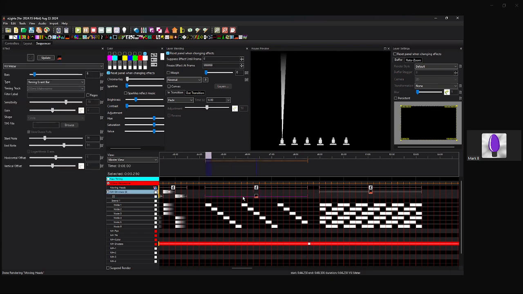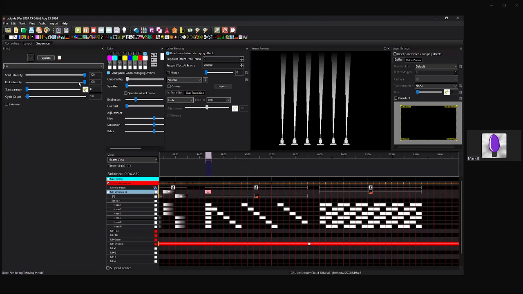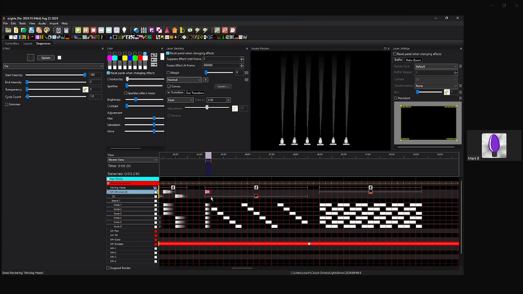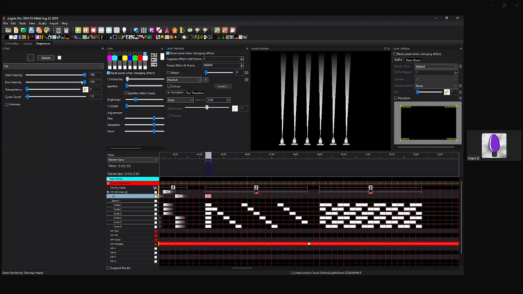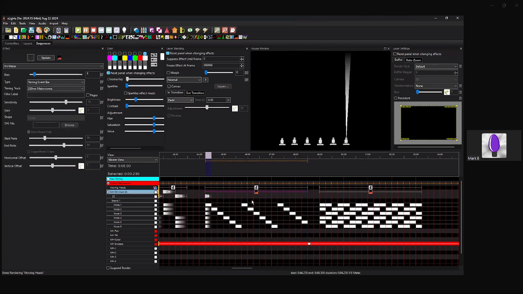I lied. It's got to be above. Actually, if we change this one to, right, this is normal. If we change this one to brightness,